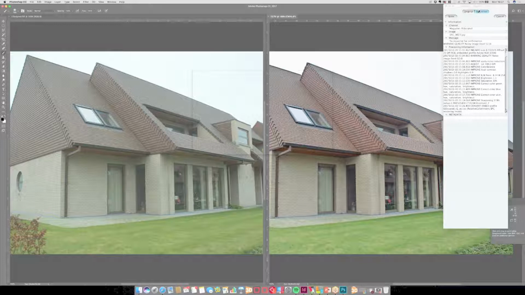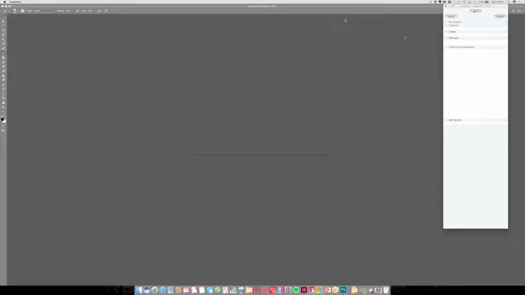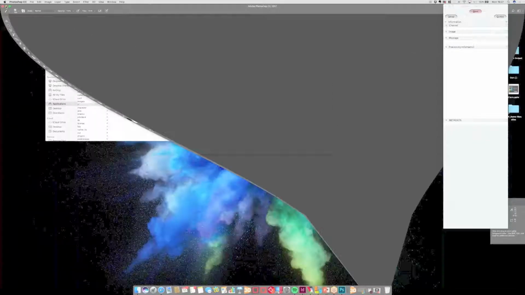Once again, I can choose my processed image and continue with the rest of my images. I will leave those images as they are and actually get back to